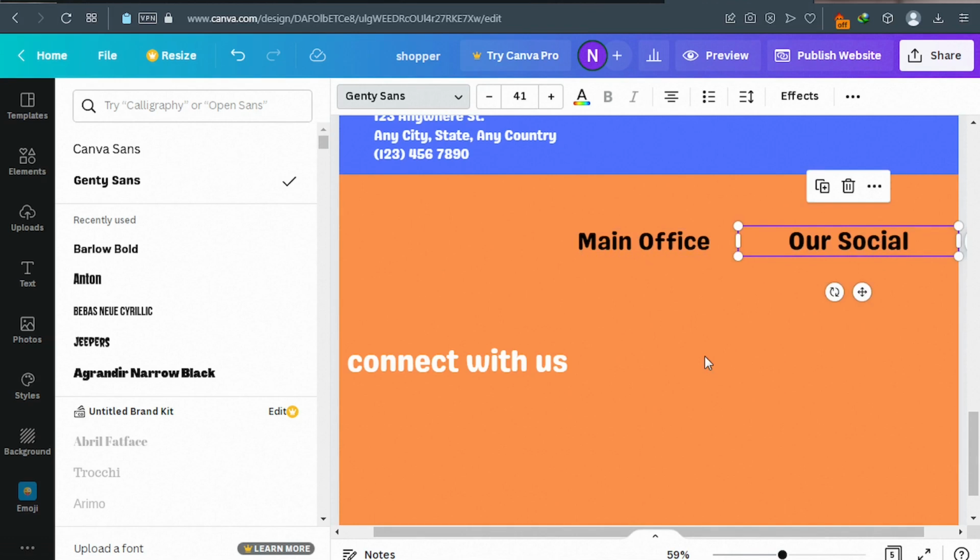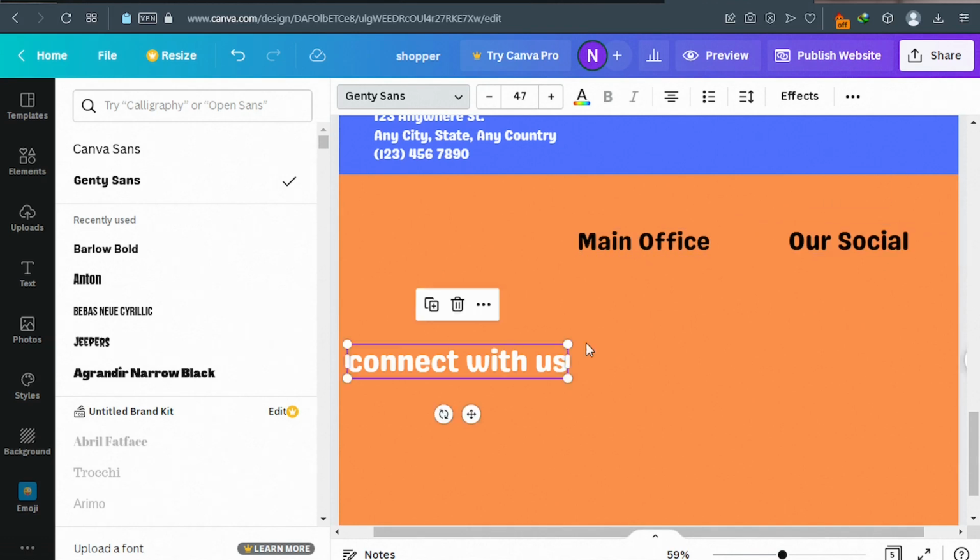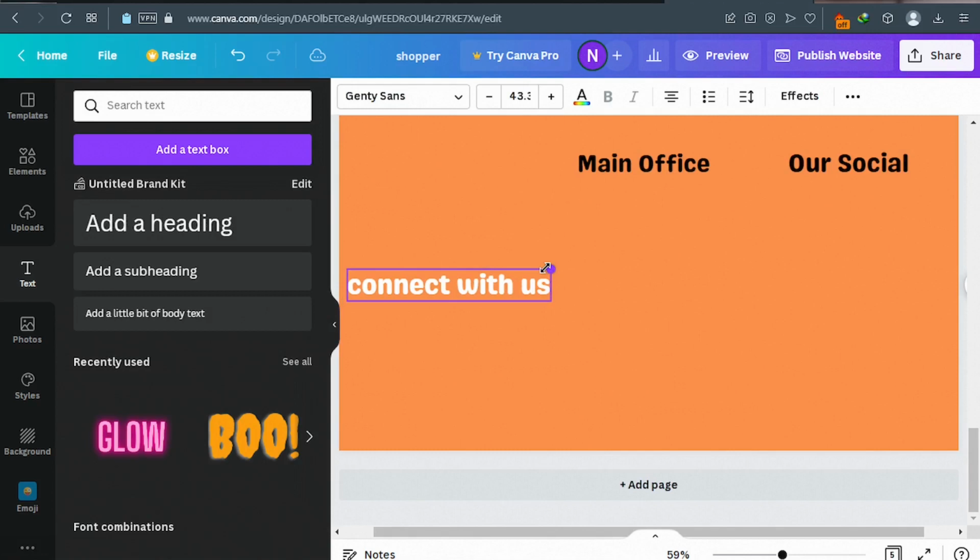Now I can see a little bit bigger, so you can reduce the size of it by clicking on this thing here and then dragging it down. Okay, you can also use the font size to adjust it. All right,